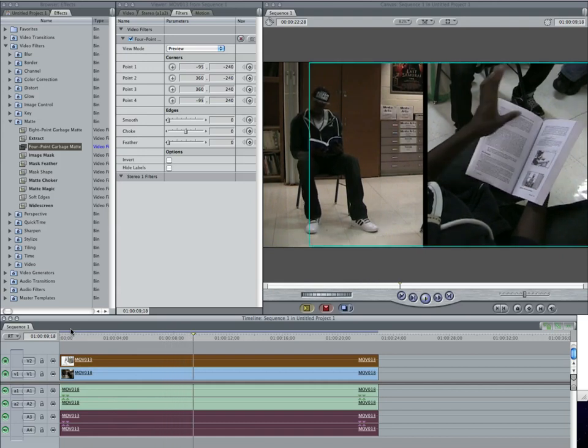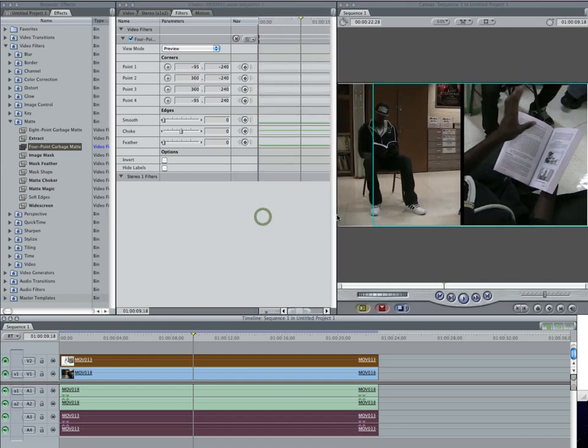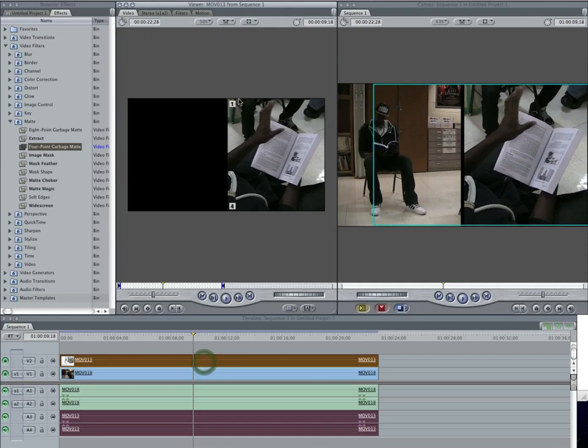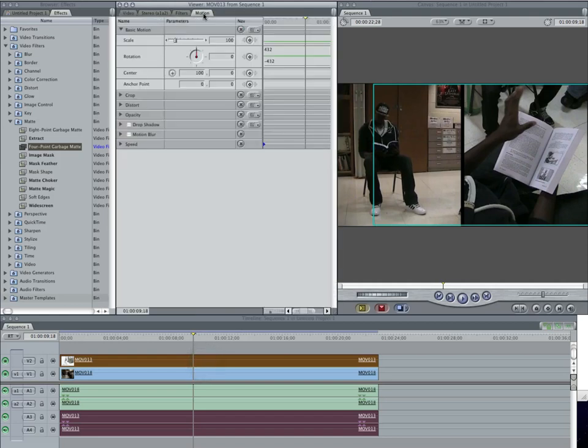Let's just say I wanted to start full frame, and I wanted to dissolve into a chopped frame or a split frame like this, okay? There's a couple different ways you can do it. I'm going to show you how we're going to slide the points over to make it kind of a cool transition. So what I'm going to do is go over here. I'm going to double click on my number 1, the top layer film, and go in here,